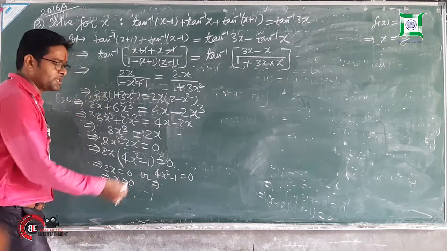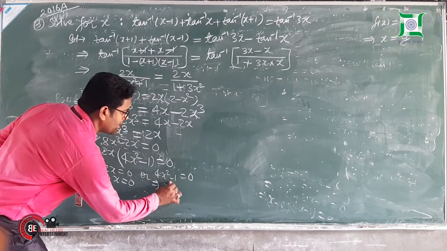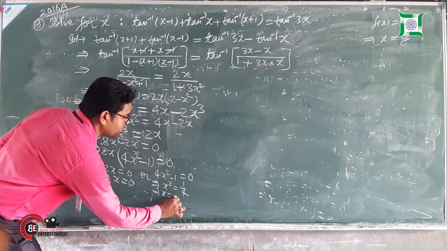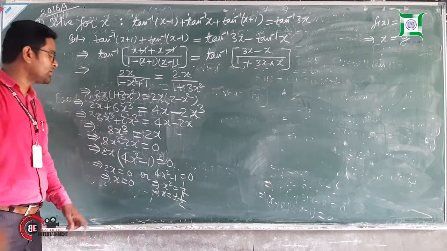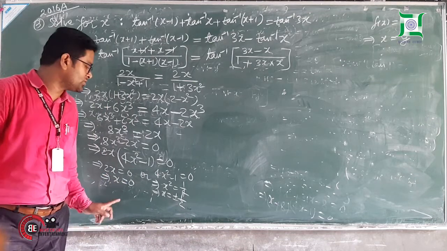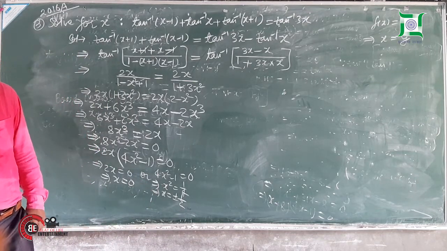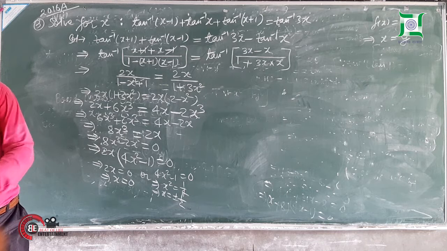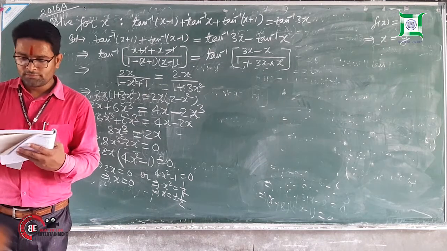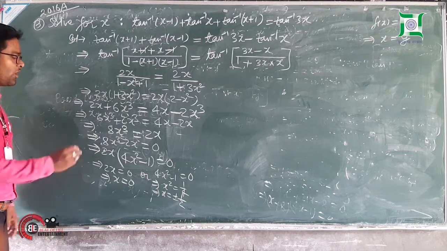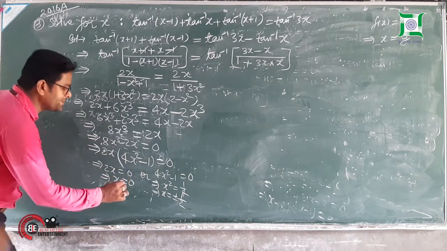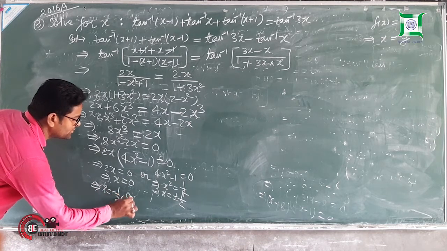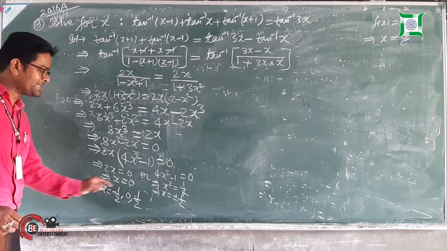Apply the quadratic formula. You can get it here: x square is equal to 1 by 4. So x is equal to plus minus 1 by 2. Now see, we have got the values for x: 0, minus 1 by 2 and 1 by 2. So there are 3 values which we are getting here as the result: 0, 1 by 2, minus 1 by 2. All three are your results. What will you write here? This implies x is equal to minus 1 by 2, 0, 1 by 2. Write the results in ascending order.